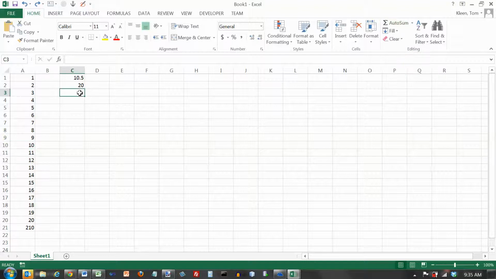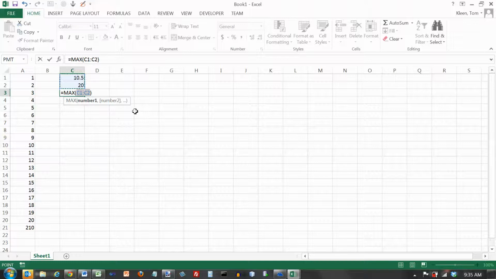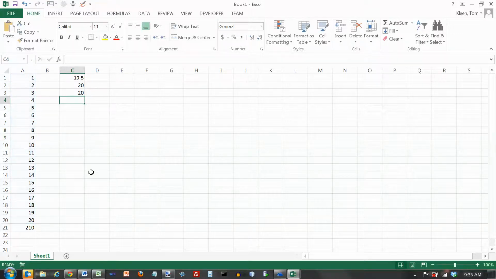Okay, now two more functions here. Max is the maximum, and it's guessing wrong again, so let's go over here and drag the mouse over the numbers that we want to find the maximum of. Hit the enter key, and it tells me the maximum number in that range is 20. If I go back in here and type a different number, again everything automatically updates, and I get the maximum is now the number 50. Let's do a Control-Z to get our list back the way it was before,